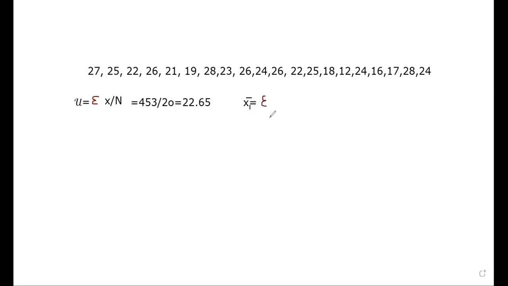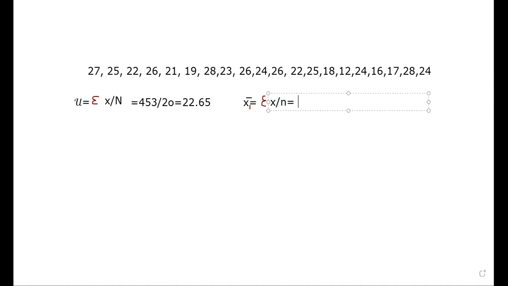That means for the first 5 samples, we'll calculate it equal to summation of x divided by small n, because we will calculate sample. So x bar equal to